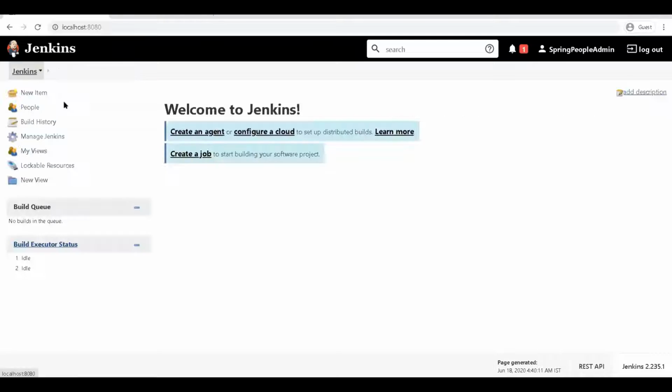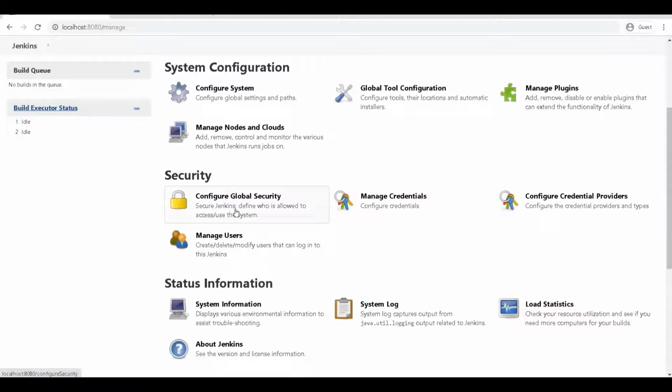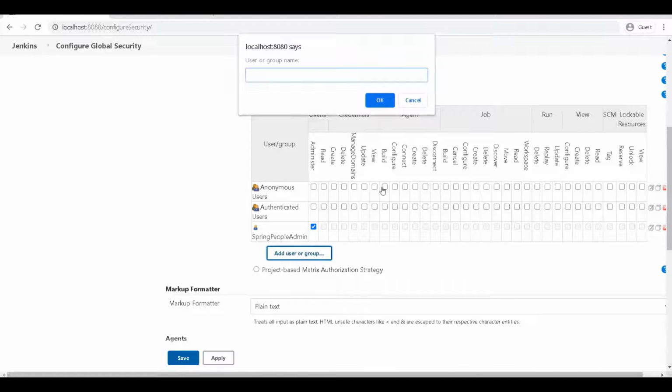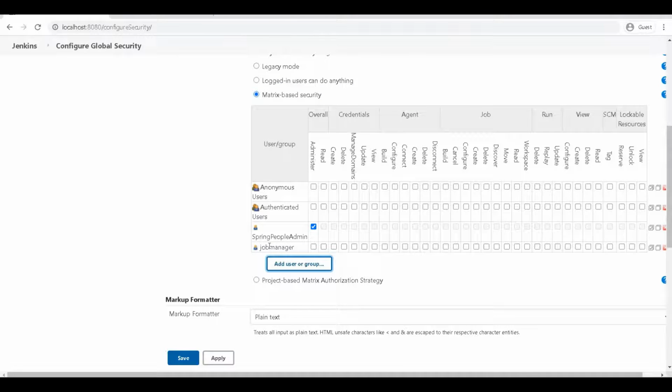Okay, so now let's go to the security management. And here I could say this job manager will only be able to perform actions related to jobs only.